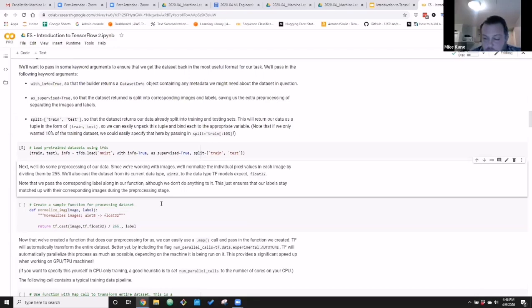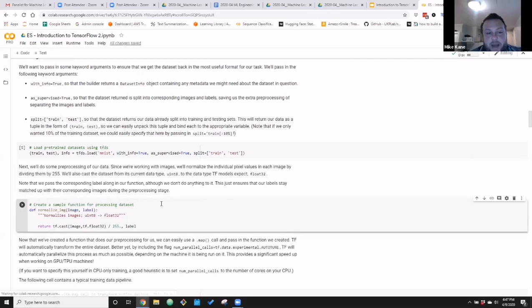Now, one of the first things we have to do is process our data, right? Anybody who's done a bit of machine learning knows that you start out kind of green and you're very excited to do some modeling, and you realize maybe 10% of your job is actually modeling. The other 80, 90% is gathering data, pre-processing it, cleaning it, all kinds of crap, right? So that is something that can take quite a long time.